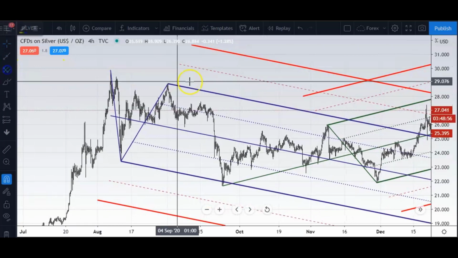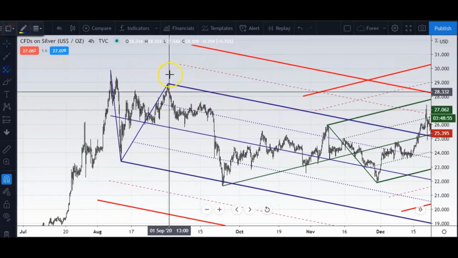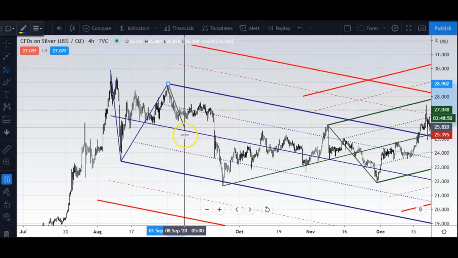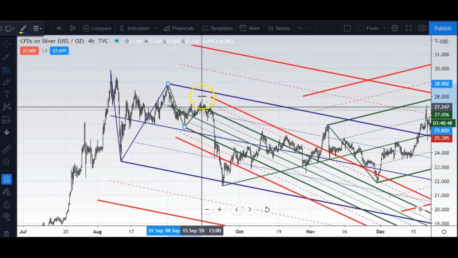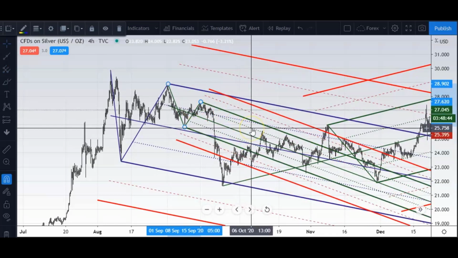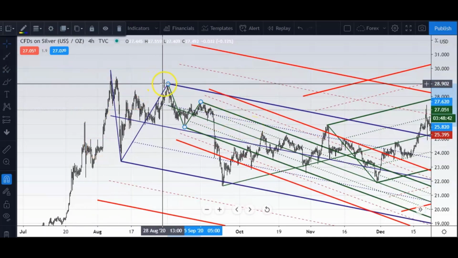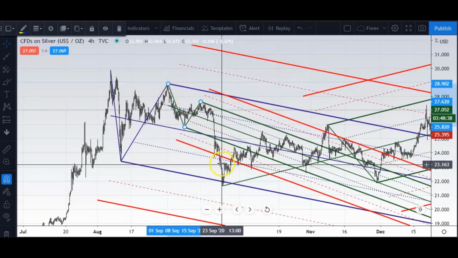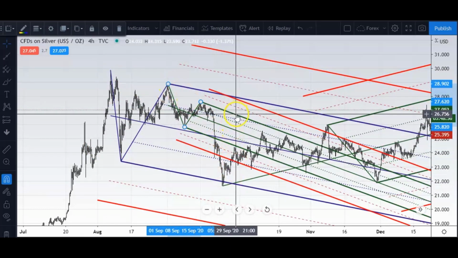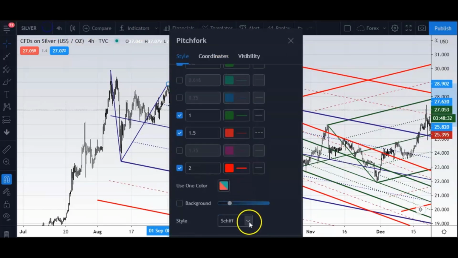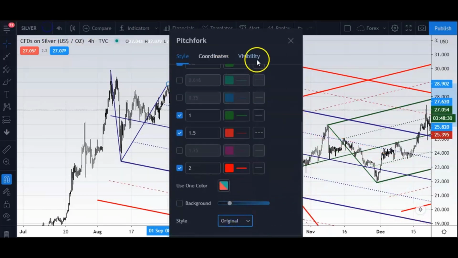There were even other, let me just draw that in for you, another way that you could have drawn a pitchfork sloping into the direction of the strong downwards move, because this one is a much larger pattern. You think you're dealing with an A, possibly a C wave here. You want to be angling another pitchfork from a shorter period of time into the direction